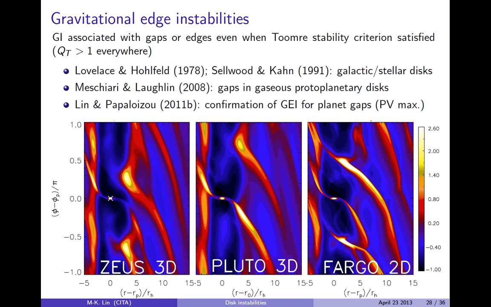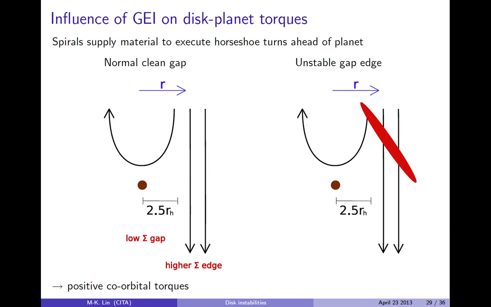So let's go back to basics and think about giant planets in protoplanetary disks. Now, if I insert a giant planet in the disk, there are 2 types of streamlines fluids can go on. If you're far away from the planet, then you just pass by the planet and keep going around the central star, pretty much on the original Keplerian orbit. But if you are a fluid element within the so-called co-orbital or horseshoe region, then as you approach the planet, you would go on these horseshoe turns